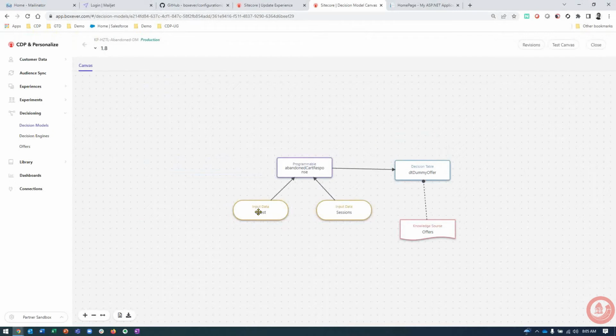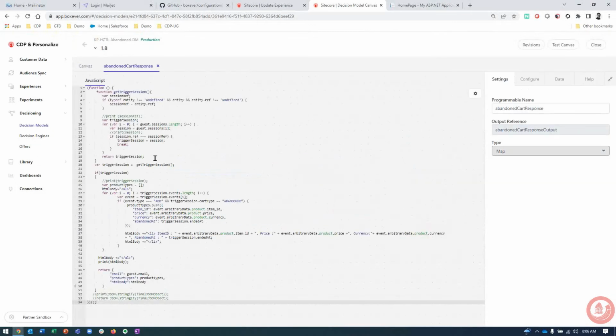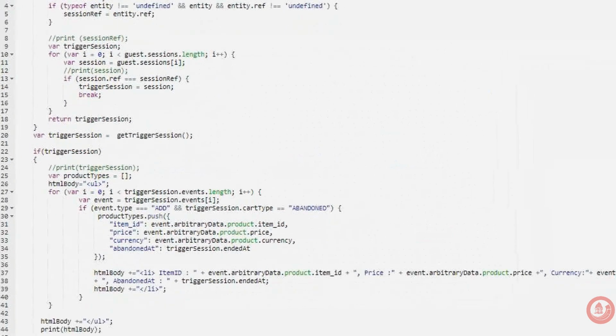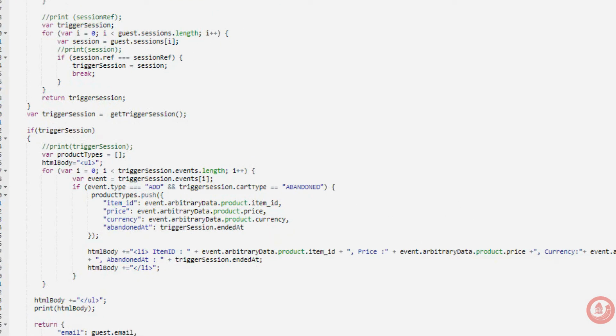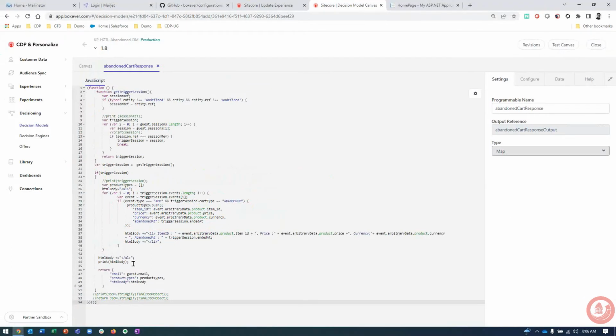The guest data, because I need to have the guest data, the session data, and then using this programmable, this is basically a server side JavaScript, where I'm trying to fetch the user data and the abandoned cart event. When the abandoned cart event happens, I'm getting all the product information, creating the required HTML output or the JSON output, which I will be consuming at experience level,